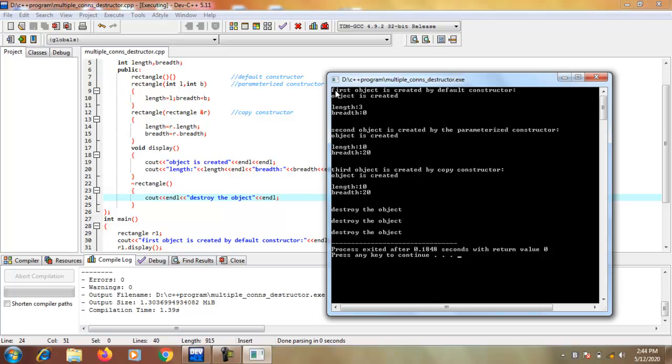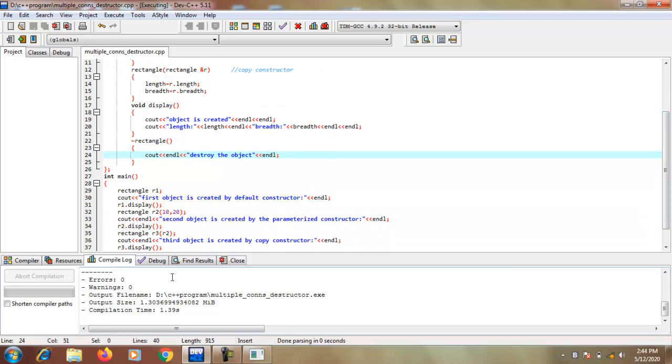So you see that the first output line is "first object is created by the default constructor." Then the R1 dot display function is called. Here first cout is "object is created," so you see that the first line is "object is created." Then the values of length and breadth are, you see, given by the compiler. So the compiler gives some values.